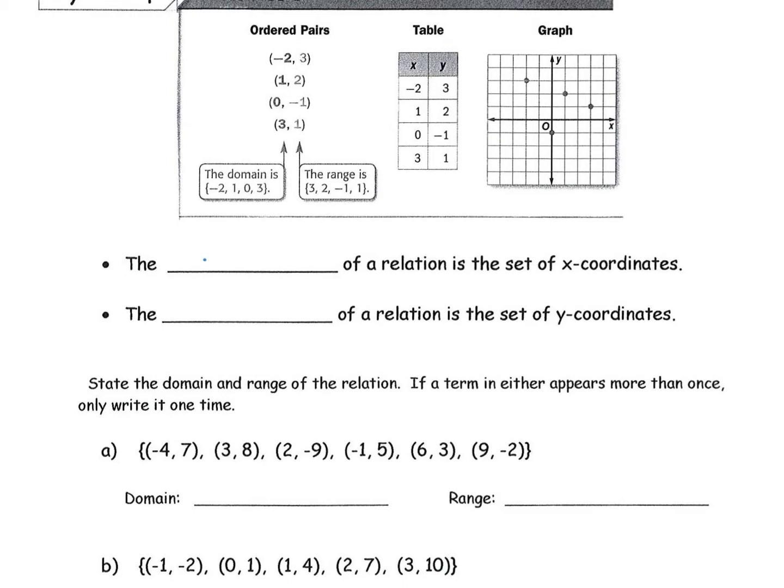So the domain of a relation is the set of all of the x coordinates. And the range is the set of all the y coordinates. And you're going to notice they said the set in each one of them. And by set, they mean all of them that are listed or given to us. So if you look at the first example, the ordered pairs, they list every one of these as domains. So we call that a set of all the x values, and the range is the set of all the